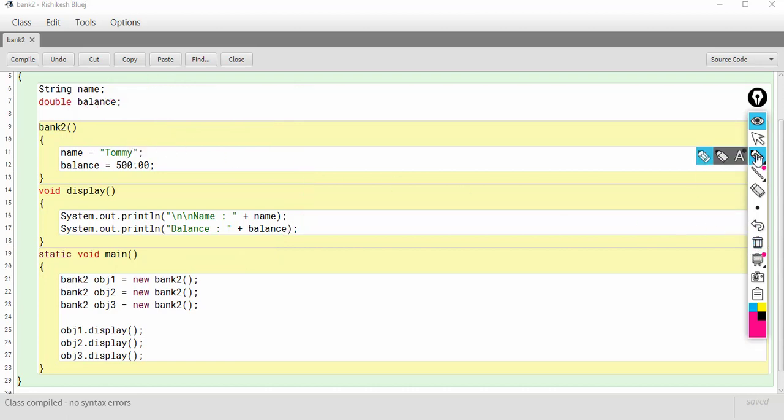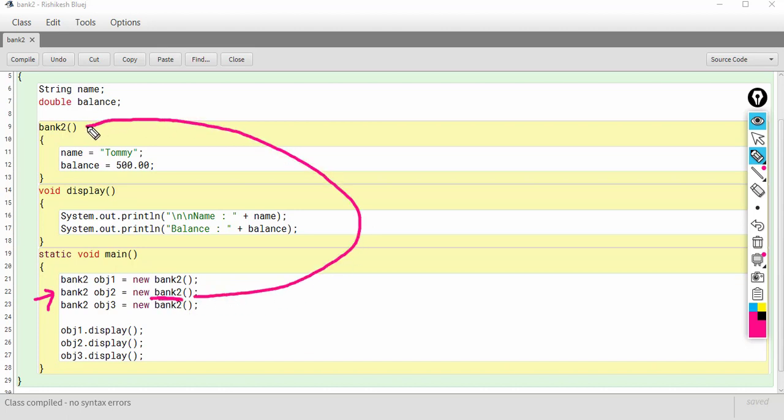Then control comes to line number 22, obj2 is created, and again the constructor is called, and the name will be assigned Tommy and balance will be again 500.